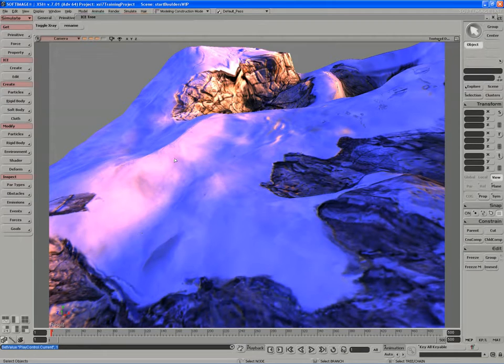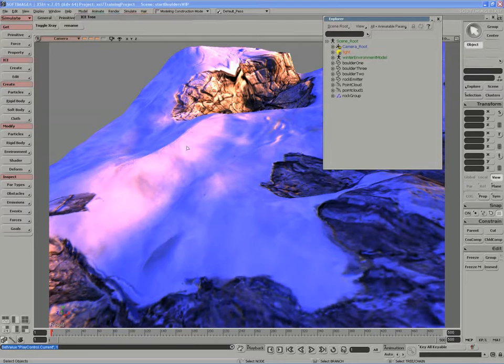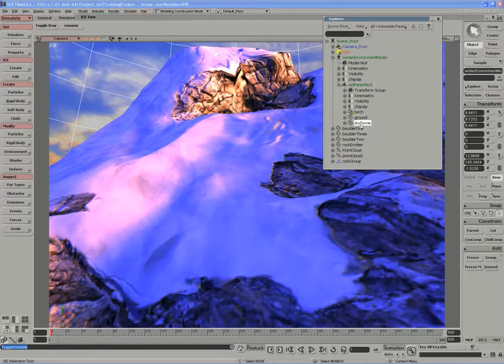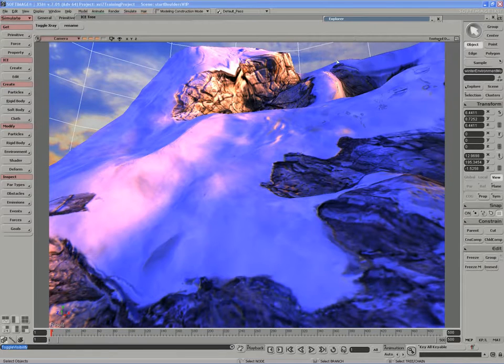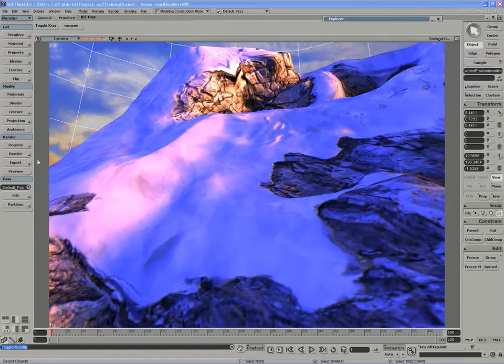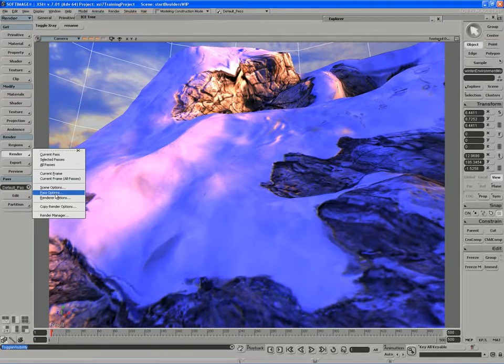So to wrap things up, we're going to create a final render of this effect. I'm going to actually bring back the sky dome, so we have a backdrop upon which to work, and I'll move into my render options. And the whole effect, if we just play it back,